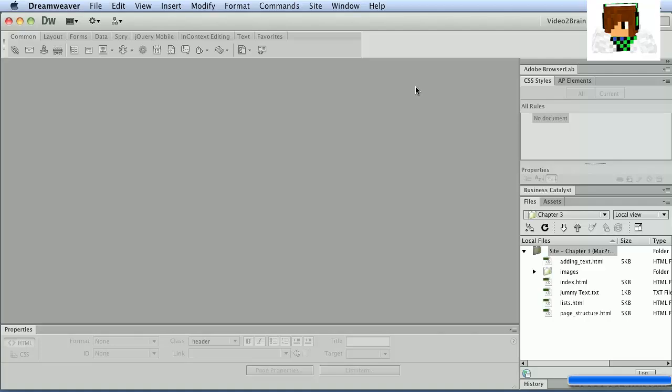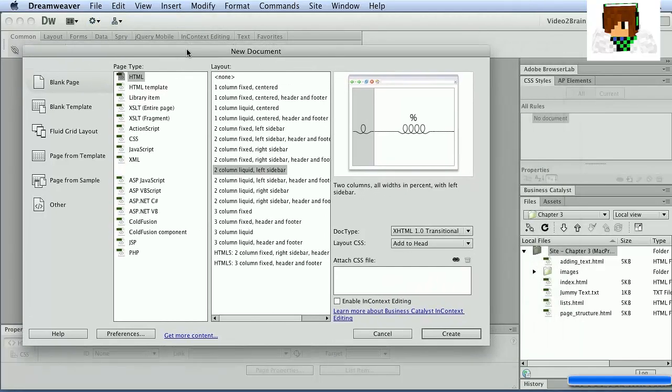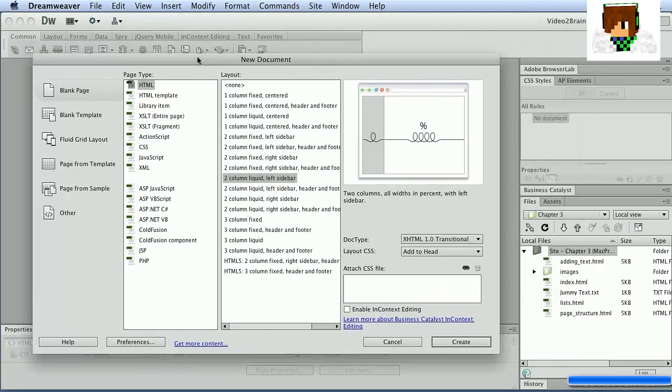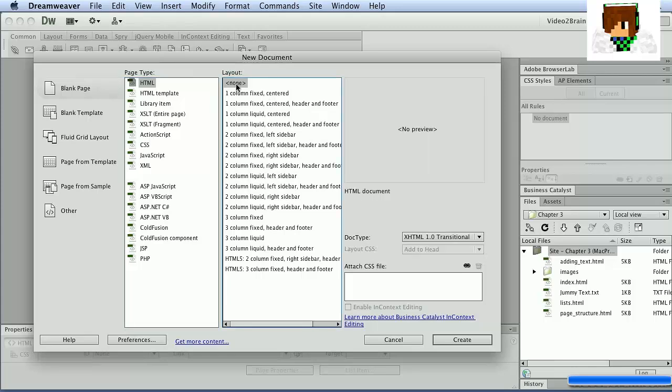So let's get started. I'm beginning this video with Dreamweaver CS6 already open on my computer, and I'm going to come up here to the File menu and choose New. In the New Document dialog, we are going to explore this dialog a little bit more. We're going to go to the Blank Page category under HTML, and I'm going to choose None, because I don't want to use a predefined layout. I want to build this from scratch based on my own